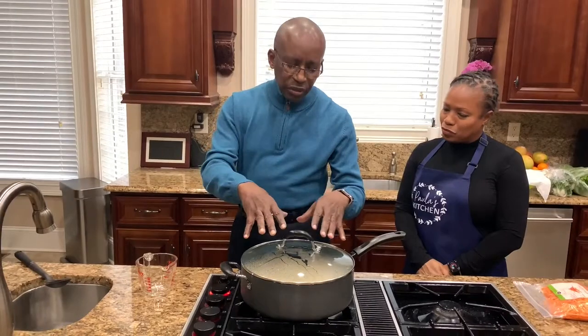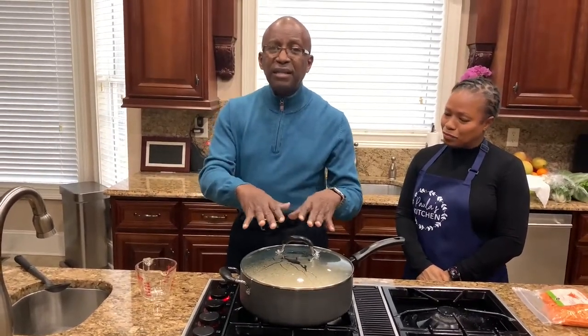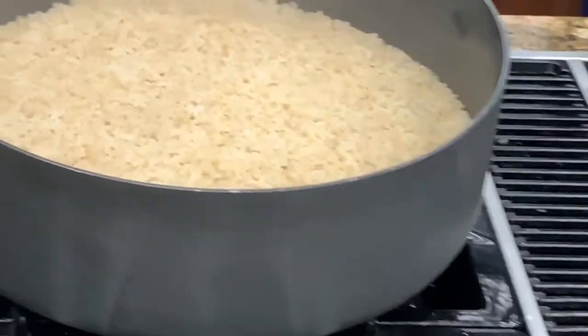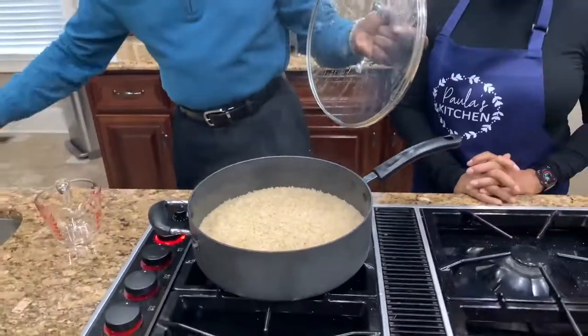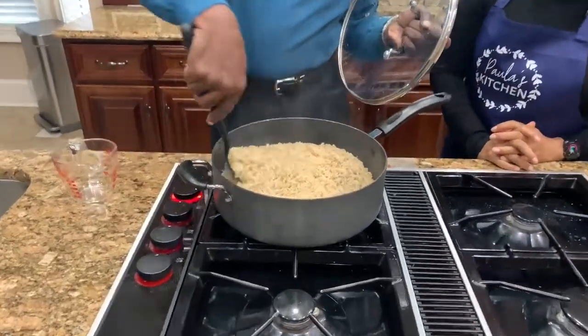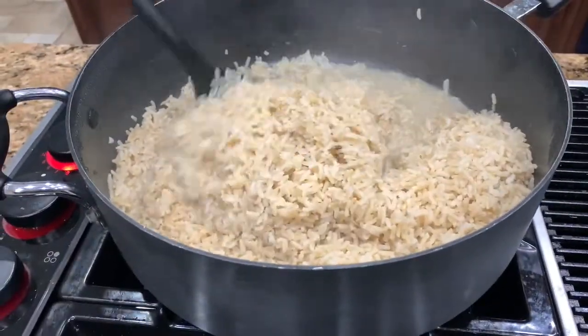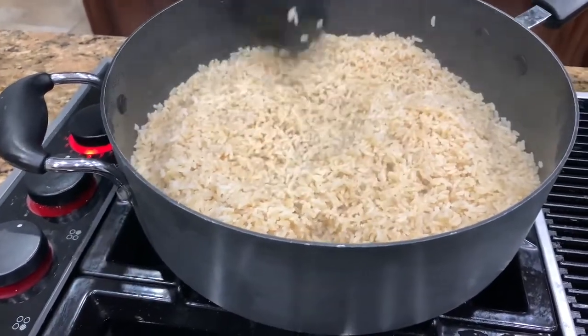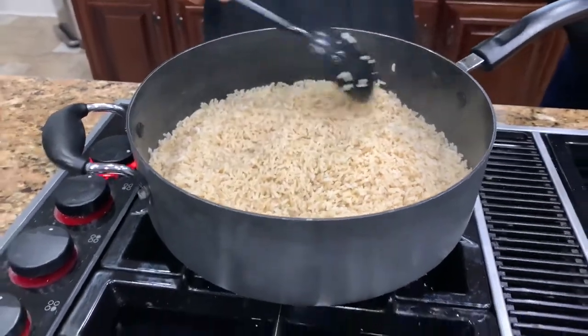So I have 3 cups of rice, and I'm going to put about 2 1/4, 2.5 to 3/4 cups of water, and then I'm going to put some salt, and I will let it come to a boil, a firm boil. So I will be raising my lid from time to time, and I will be dispensing of the water, and I am going to be examining the rice to make sure that I turn it over so that there will be more surface to get dry. I'll be monitoring it to make sure it is consistent and stirring it to ensure that it doesn't burn and that it dries out